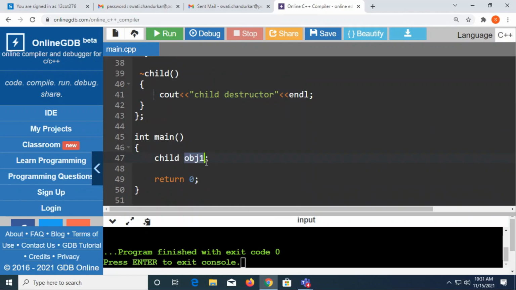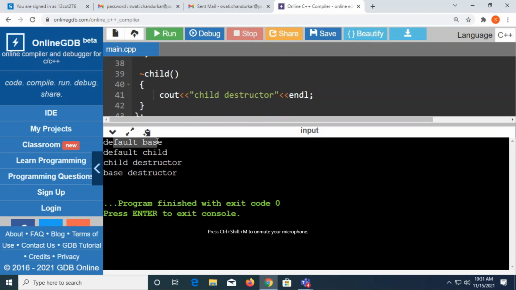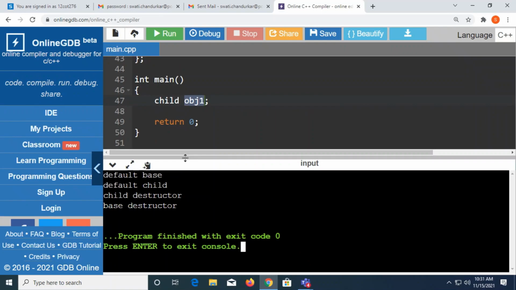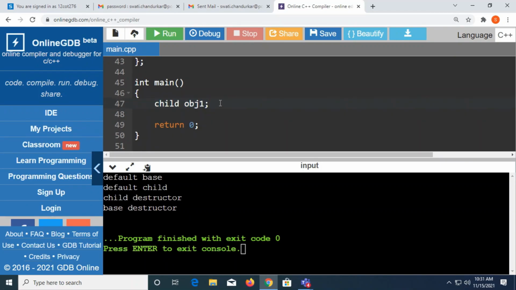The object for which you allocated memory first will be deallocated later. See, by default the constructor of base will get called first, then the constructor of child will get called after the execution of the statement. And what about the destructor? As soon as both constructors are called, the control will come here, then the control will move to the next line. There is nothing in the next line. It is only return. So before coming out of this main, what will the compiler do? Whatever memory was allocated for child and parent will be deallocated.